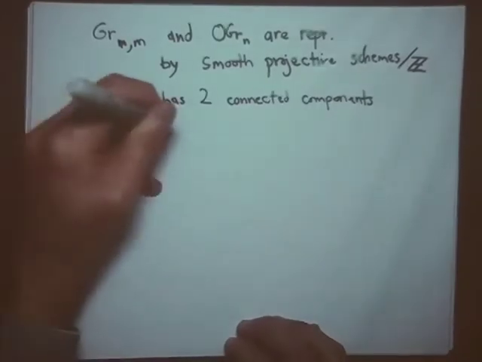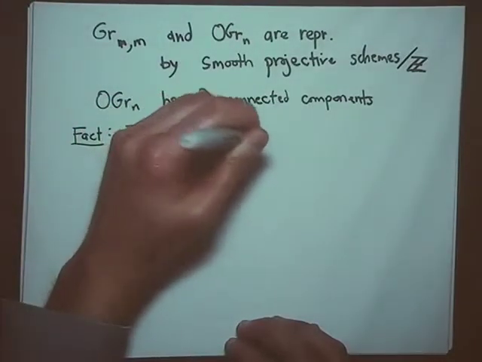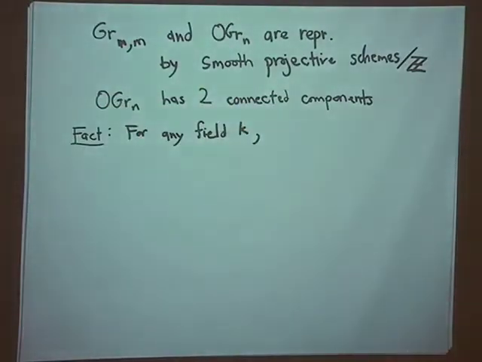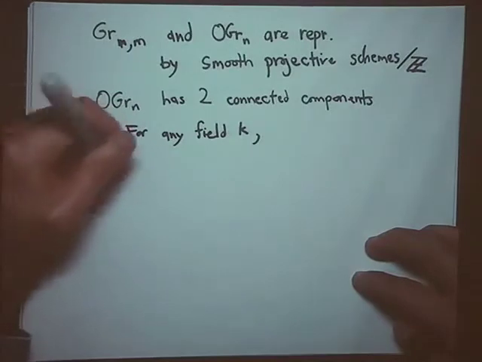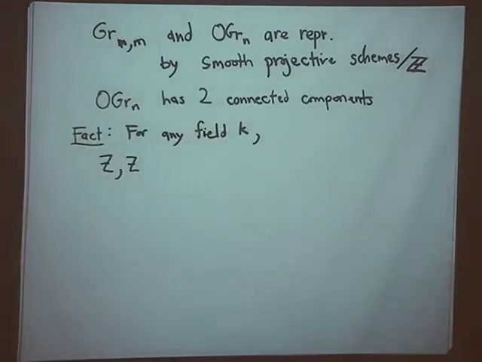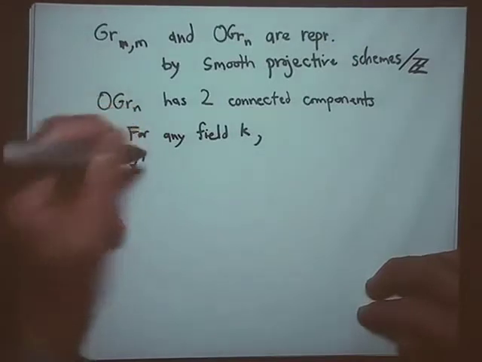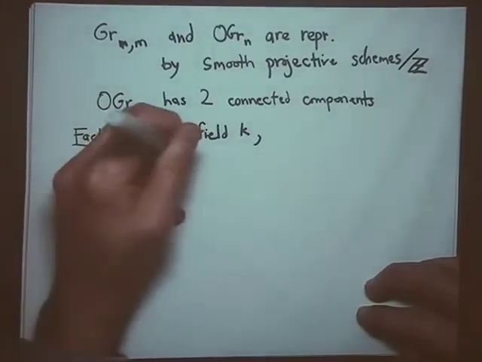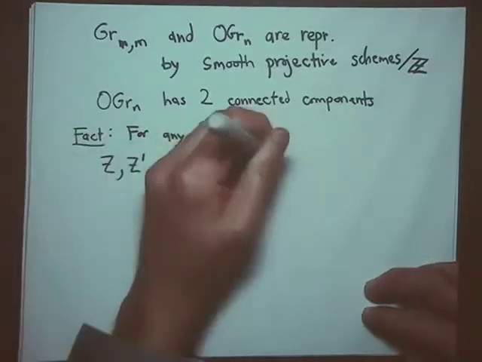Over any field K, let's look at points of OGr_n over K. We're just talking about n-dimensional subspaces of a 2n-dimensional quadratic space over K. And two of these, say Z and Z', two maximal isotropic subspaces, are in the same component